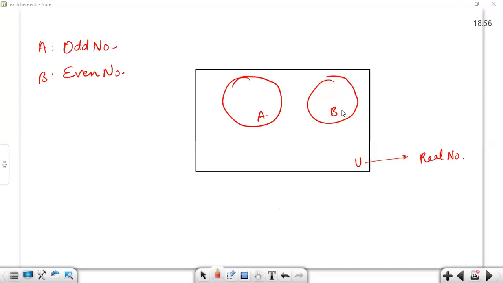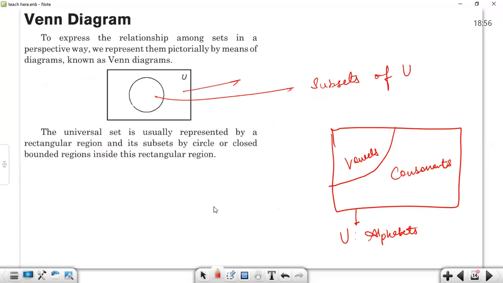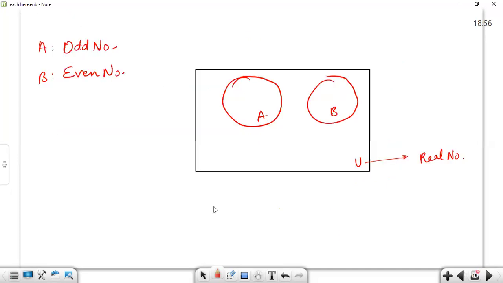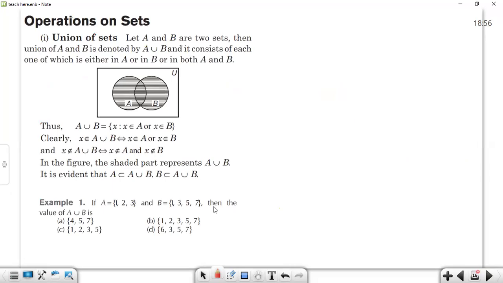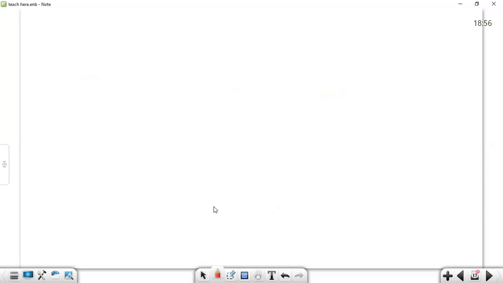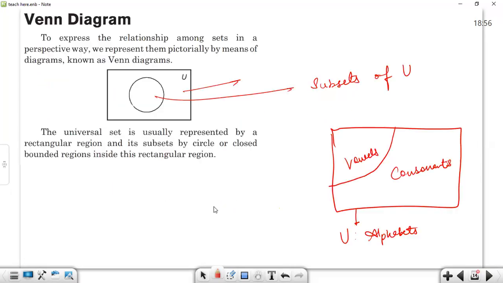Okay, so it's almost the time. We will discuss Venn diagrams in tomorrow's class also, and we'll discuss the union of sets and intersection of sets. Any doubt from all of the class? No doubt, sir. Okay, so now